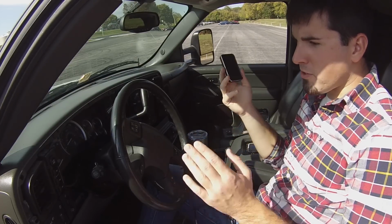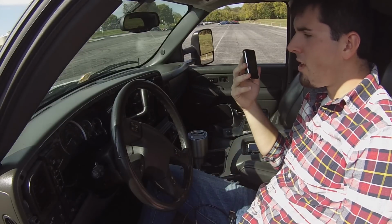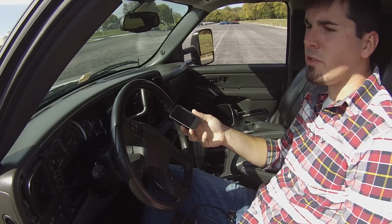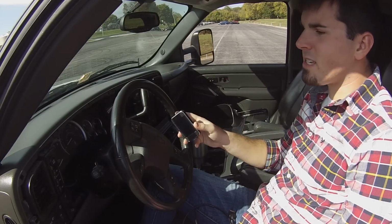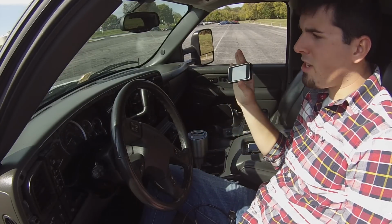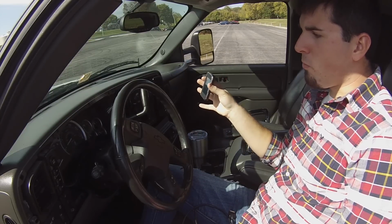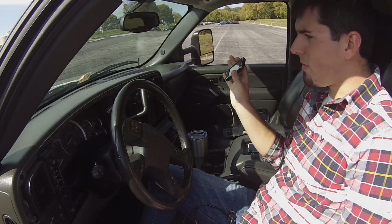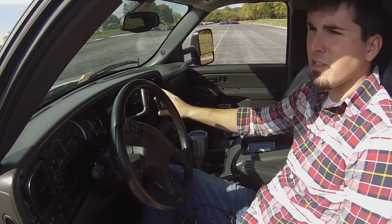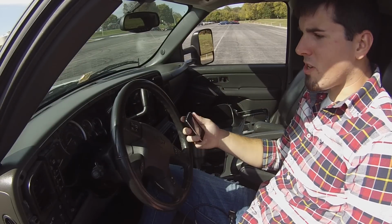So first things first, you can see in the video why my dash is taken apart. I found out the hard way that if you are going to tune your vehicle with one of these tuners, you need to disconnect any aftermarket stereo, trailer brake controllers, pretty much all your aftermarket accessories, and I'll tell you why. The first time I tried tuning, this radio was a little broken, so it didn't mess anything up. But the second time I tried to tune this truck,